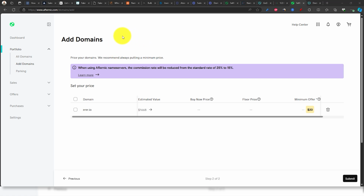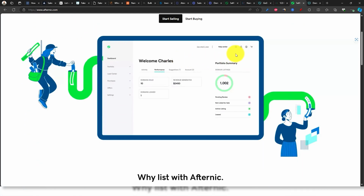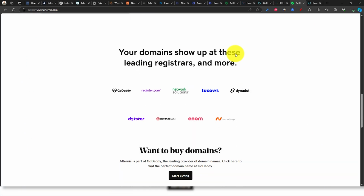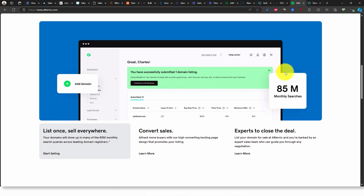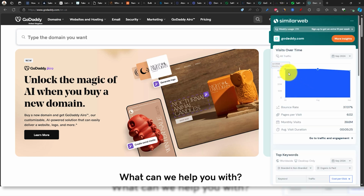So now let's come to the last part of this video, about maximizing exposure with Afternic. The best and most significant platform is Afternic because it is a network and a brand of GoDaddy, which has over 40 million monthly users. By using Afternic, you can showcase your domain name to a vast audience of 40 million people, resulting in